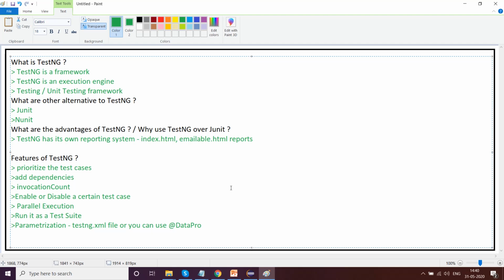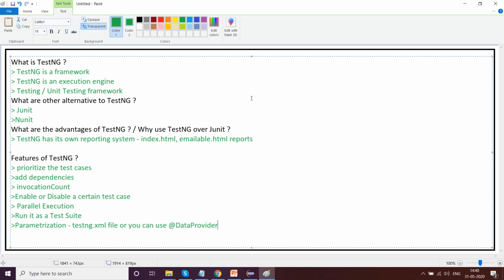We will learn each of it in complete detail. So this is a basic overview about why we need TestNG in designing Selenium testing frameworks. These are mostly the interview questions that cover a theoretical understanding of what TestNG is.